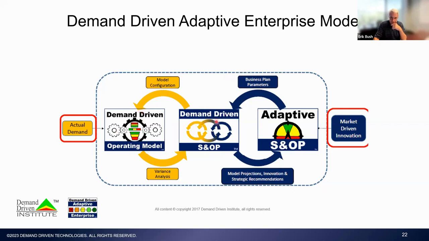And the demand-driven S&OP process really becomes the bridge between those two worlds. Adaptive enterprise kind of evokes that idea of agile and resilient. And what we're really going to focus on in today's session is some of the elements that we're going to tactically focus on to get our operating model more agile. If we do that, we are more able to pace to the real demand in the market that we're facing. We are less subject to the vagaries of inaccurate forecasts and things of that nature.